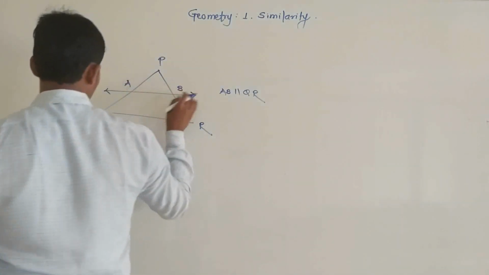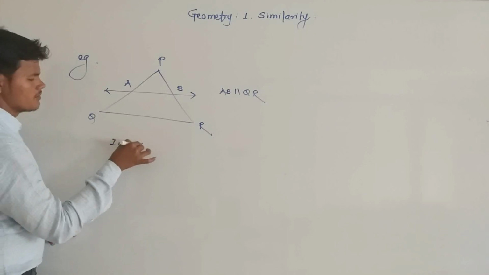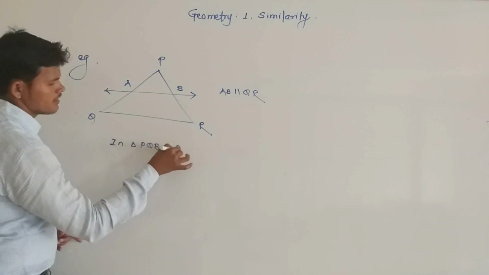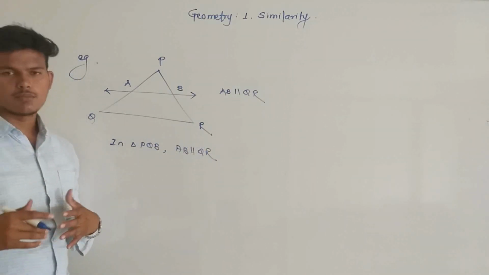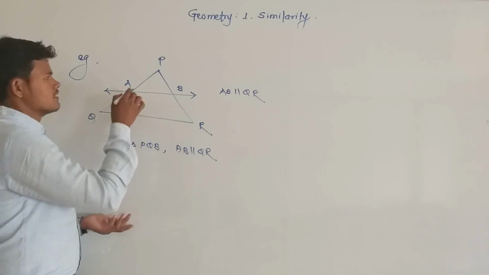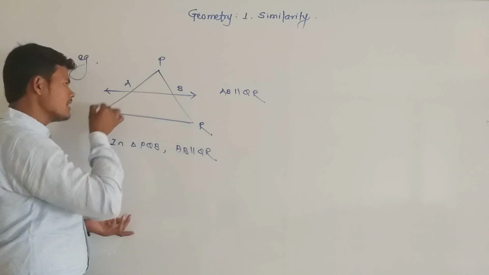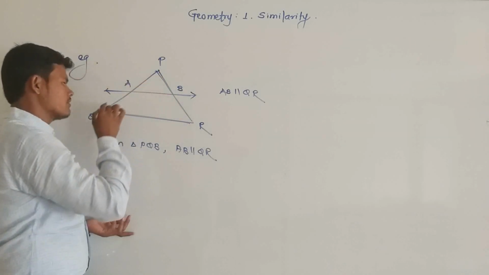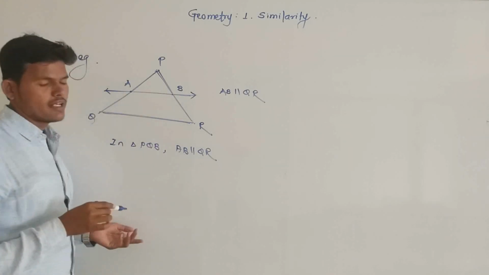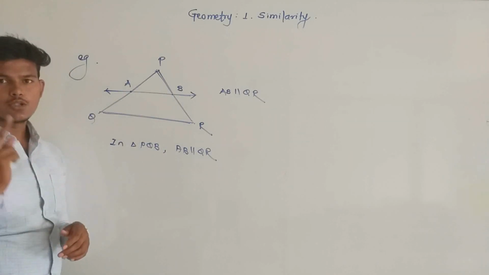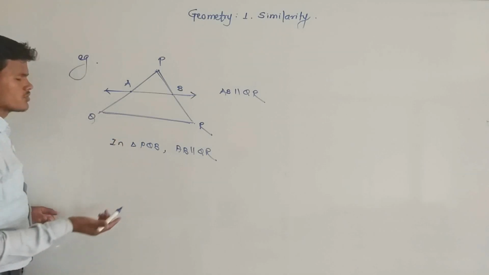So here AB is parallel to QR. That means in triangle PQR, AB is parallel to QR. Okay. So what does the basic proportionality theorem state? If a line is parallel to a side of a triangle, it divides the remaining sides, that is segment PQ and segment PR at points A and B, that it divides or intersects the remaining sides in two distinct points, then the sides divide in the same proportion.